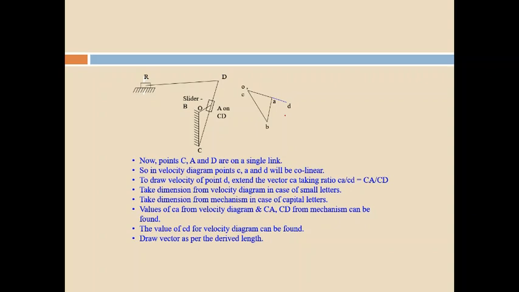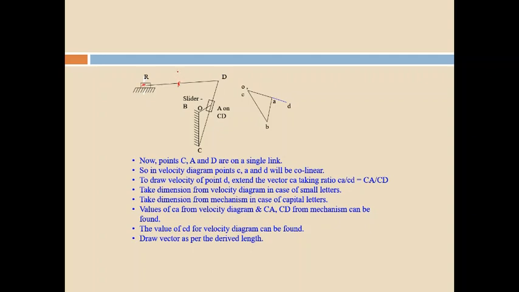So now we have drawn velocity lines for crank OB, and then we have drawn the velocity line for slotted lever CD, and then we have also drawn the velocity line for the piston. Still, what are the links remaining? Two links are remaining. Link RD, this link we have to find, and then this piston we have to find.